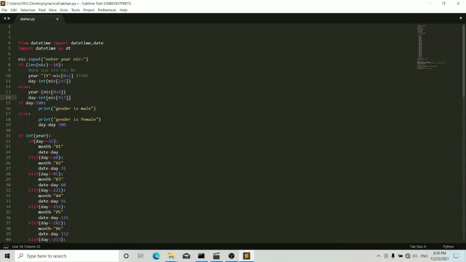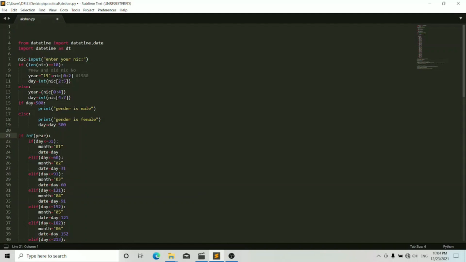So now here we assign day is equal to, we know female have up to 500. So for example, 620 days minus 500 is 120. So that is female. So I would like to explain this line.